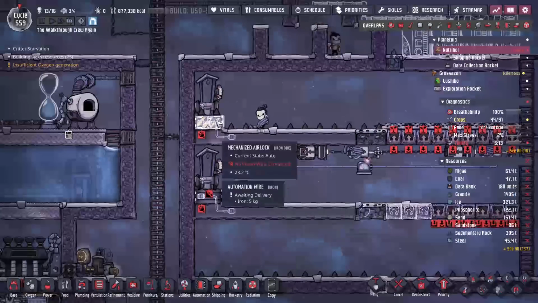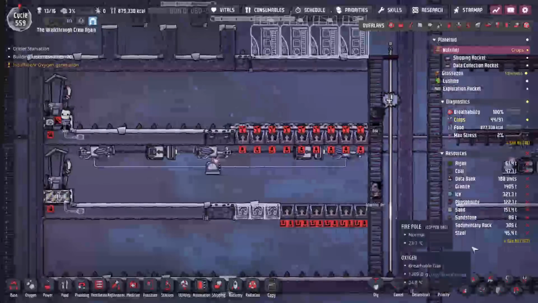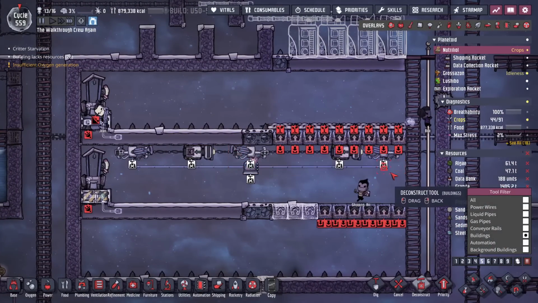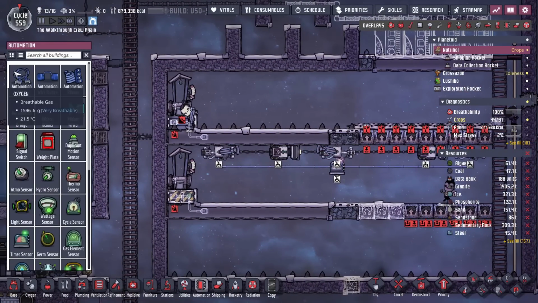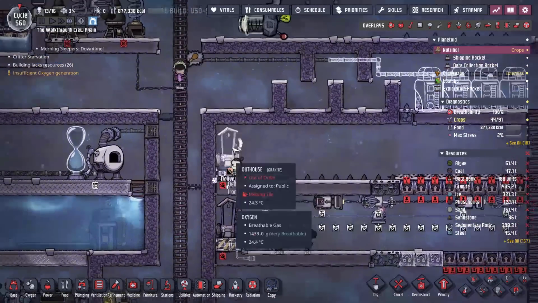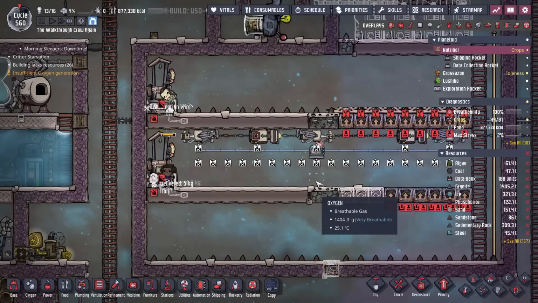Okay, so we've got our outhouses going. Let's clear out the rest of these really quickly. I need to get some space for this, and we will just rebuild some of this if we need it. So let me get all the other buildings and stuff out of the way. We're going to need some time for our duplicants to fill up these outhouses anyway. But hopefully once they get those doors closed and they stop doing this dumb stuff,